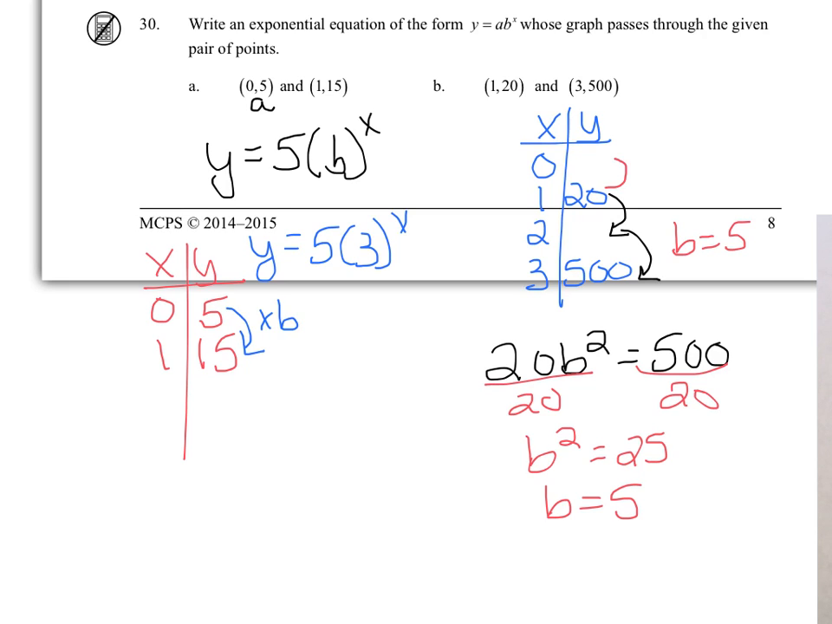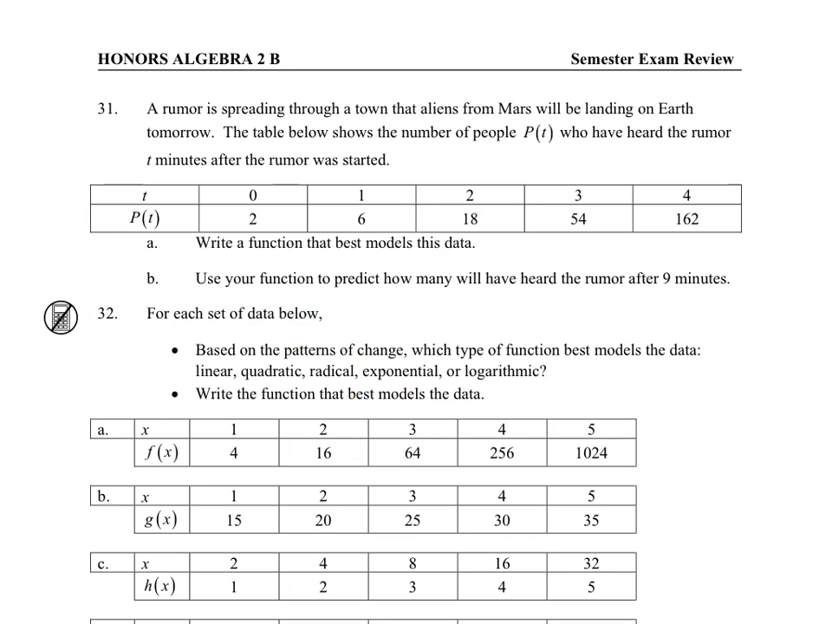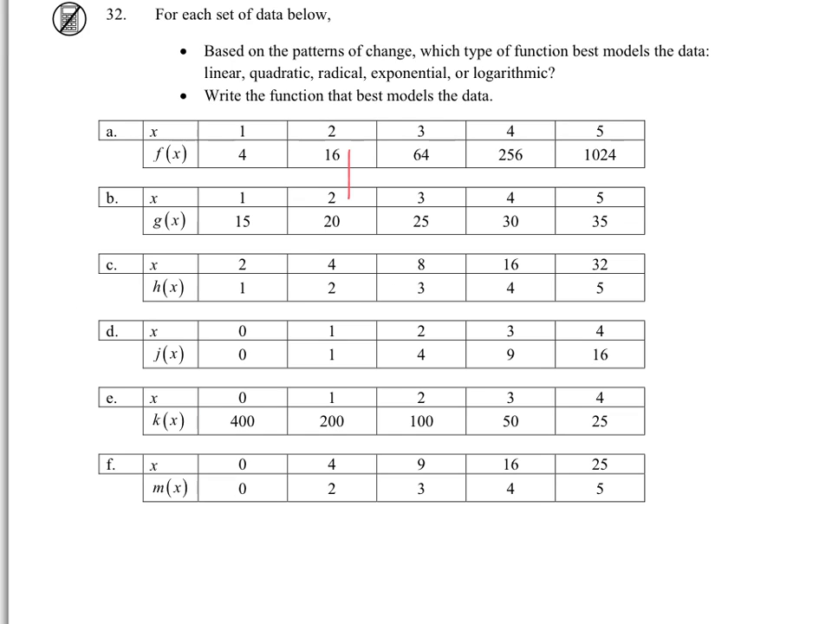Now we have to use that to go backwards. So instead of multiplying by 5 to go forwards in the x values, we're going to multiply by 1/5 to go backwards, and we get that our a value then is 4. So the equation is y equals 4 times 5 to the x. So now 31 is done in the calculator video, since that's a calculator problem. And now for 32,